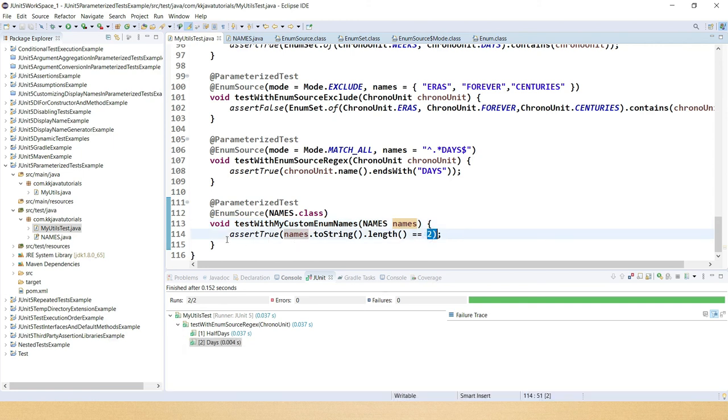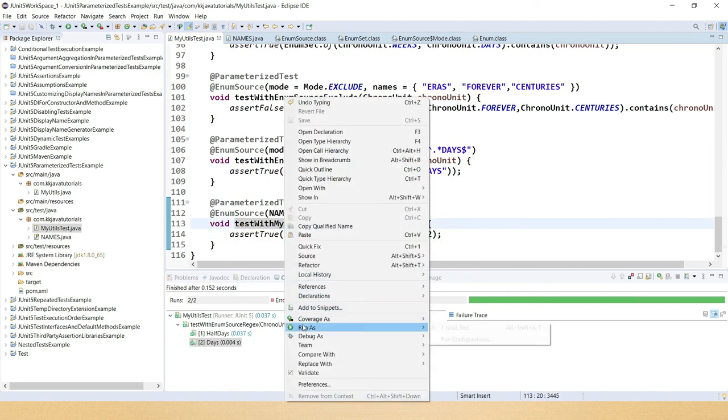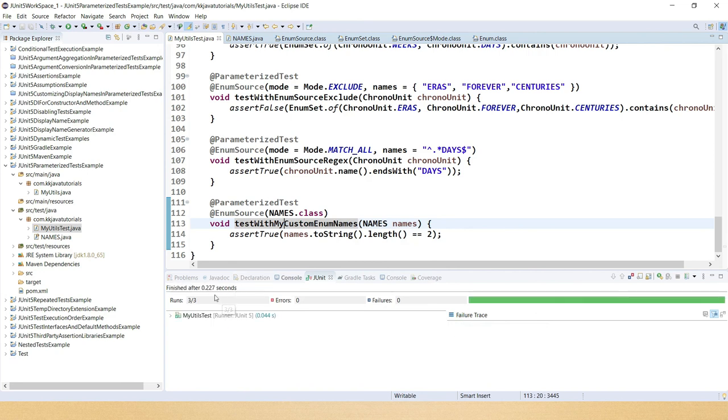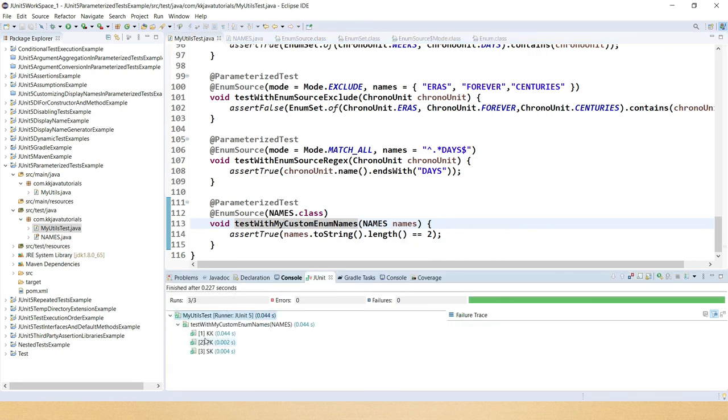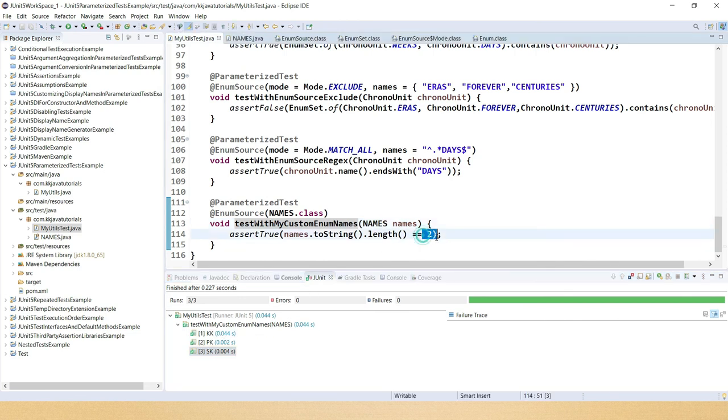If that is the case, then this test case is going to execute for all the constants available in the names, and all will basically pass, right? Let me show you. So here you can see this test case was created three times, and three times it passed, because all enums have length 2, right?